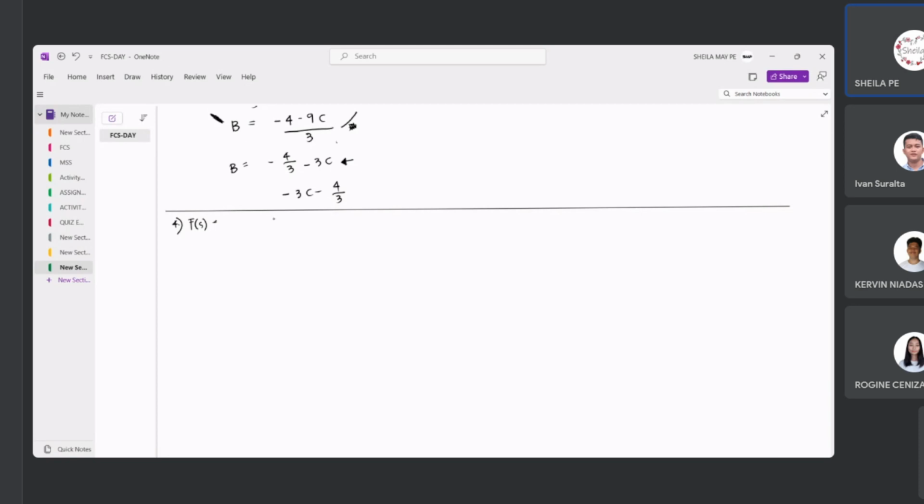So we have 4s plus 5 and we have s minus 1 squared, s plus 2. If you're given this type of function, class, so basically you have